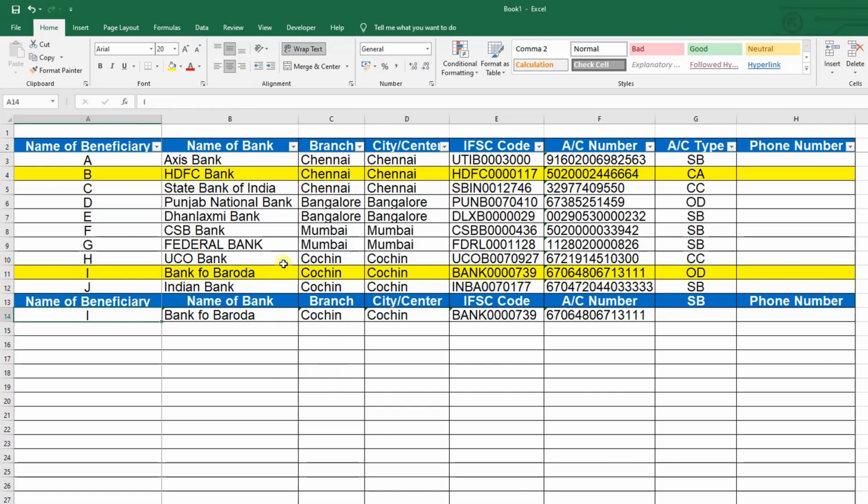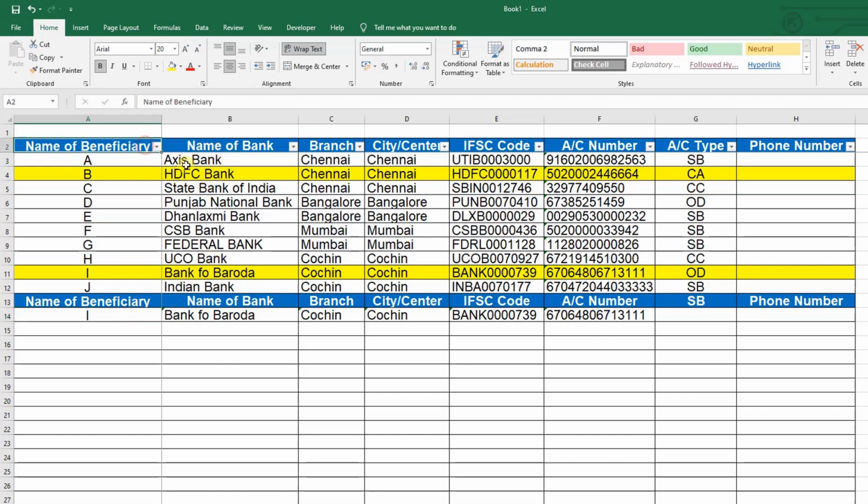But this is only a simple database. How can we work with lakhs and lakhs of data? Here there are only small things, only 6 columns and only 9 rows. We can easily find out the data. But if we have 50 lakhs of data in a data table, how can we retrieve our information from this type of huge database? This is the main usage of the VLOOKUP function.